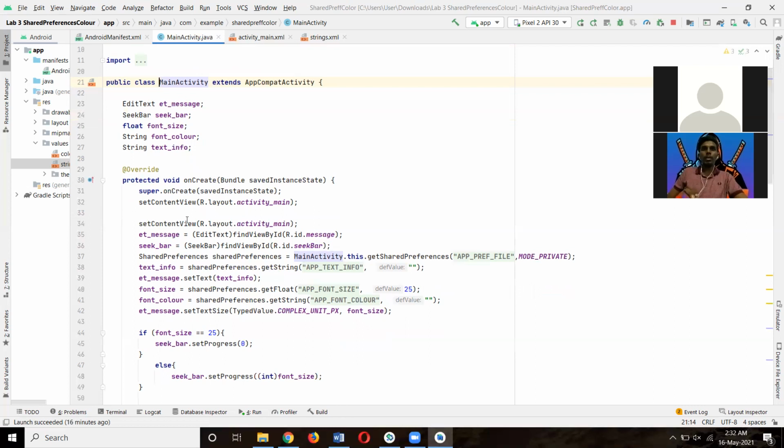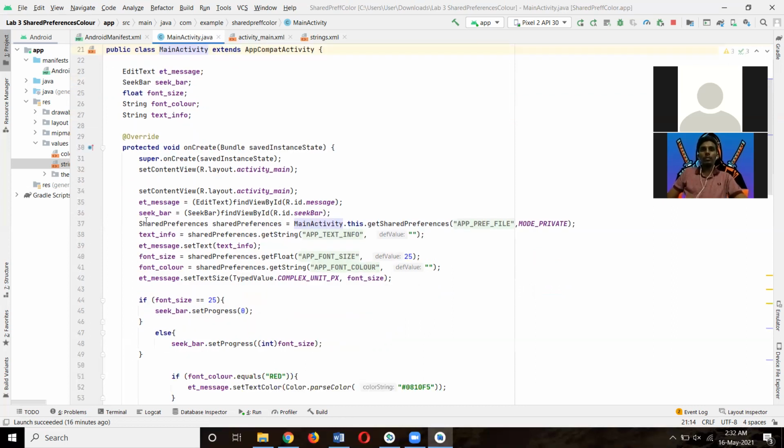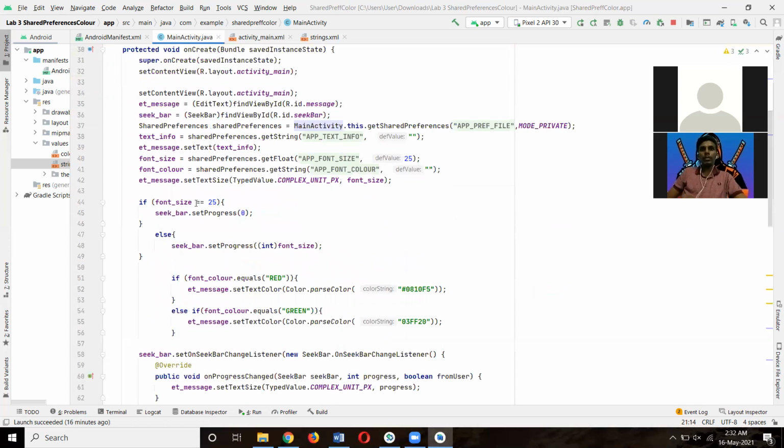Inside the protected void, I declare the IDs for all the tools here, and the if-else statement also. If the font size equals 25, the seek bar sets progress to 0, else the seek bar progress is set to the font size.